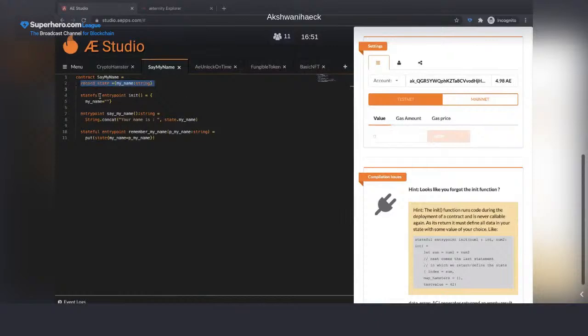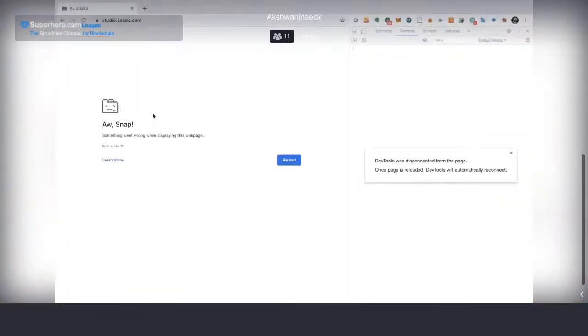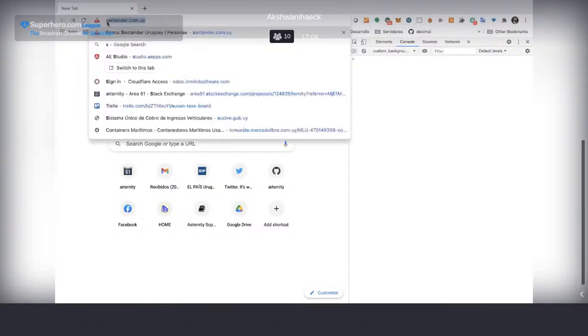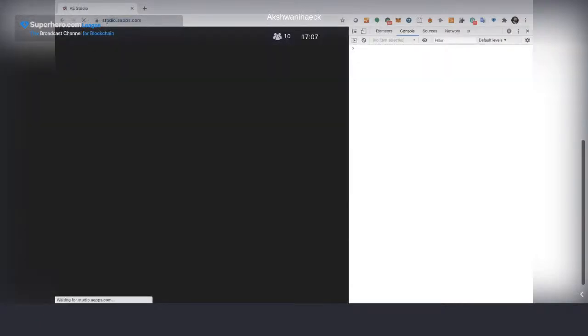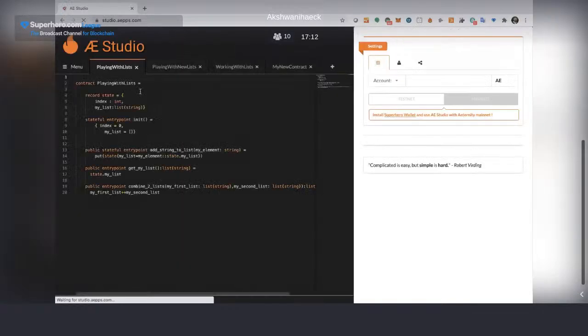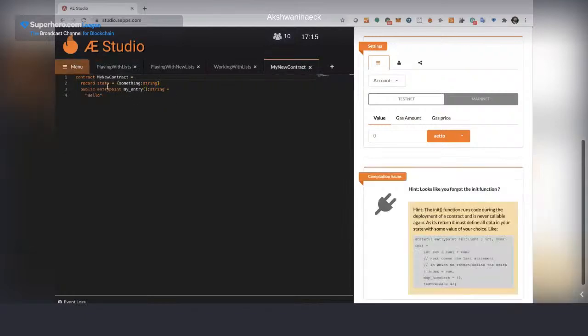You can use the function also. Let me reload this.